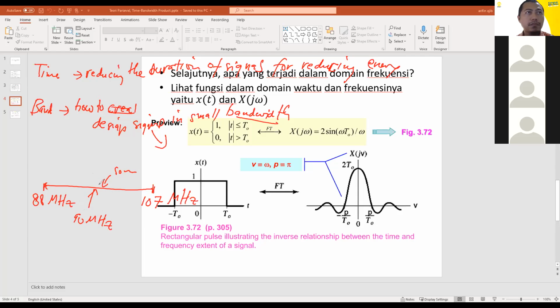So if you look at this kind of application, the signal from El Sinta might be only